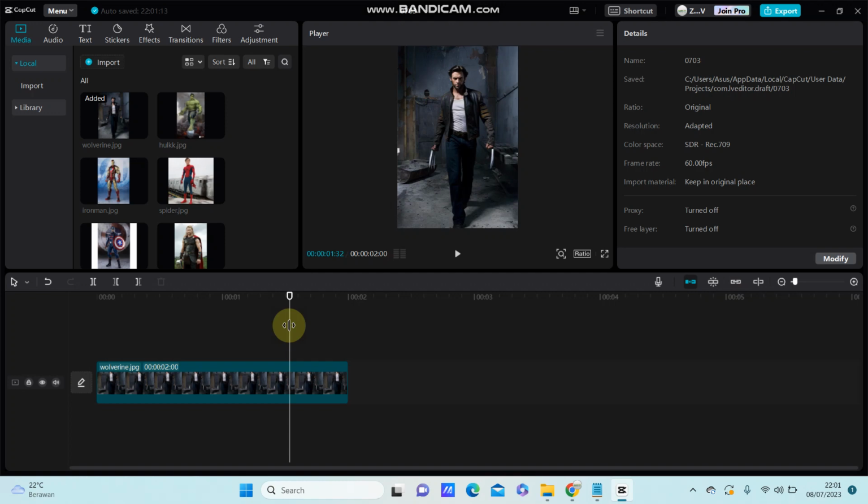Hello everyone, in this video I am going to show you how you can create zoom in and zoom out effect in CapCut PC. So I have added one image and a track,